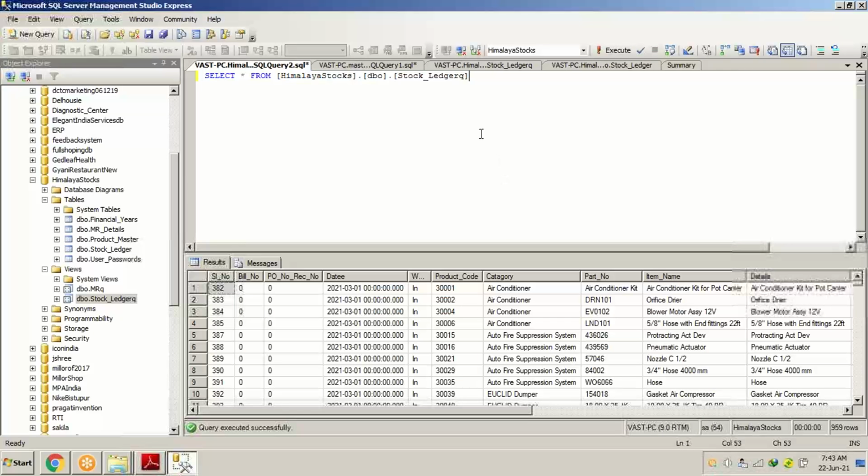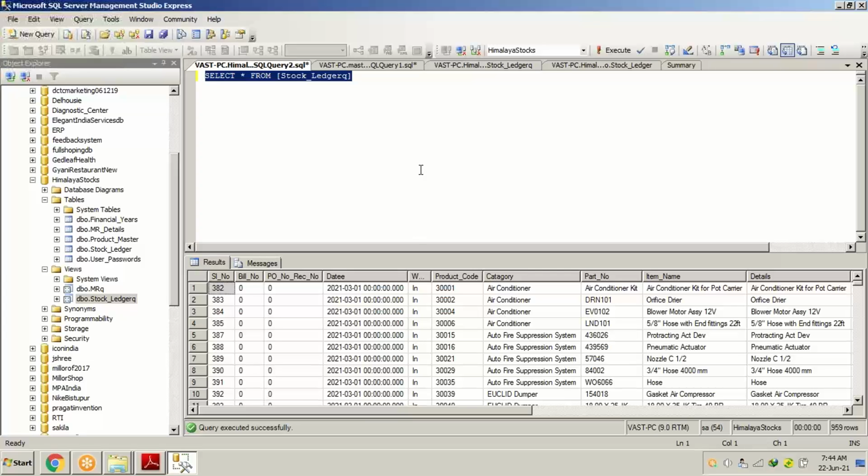If I remove this also, will my SQL statement work? You can see it over here. I wrote select star from the bracketed stock ledger Q, selected it all, and pressed the execute button, and the entire data can be seen at the bottom of the screen.